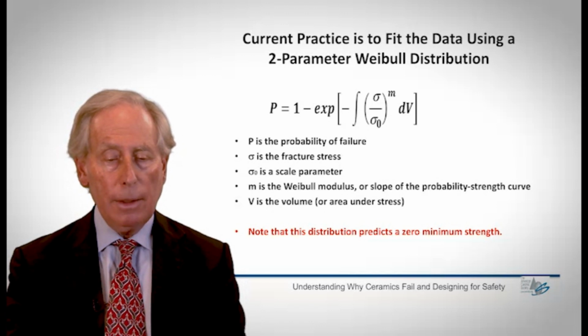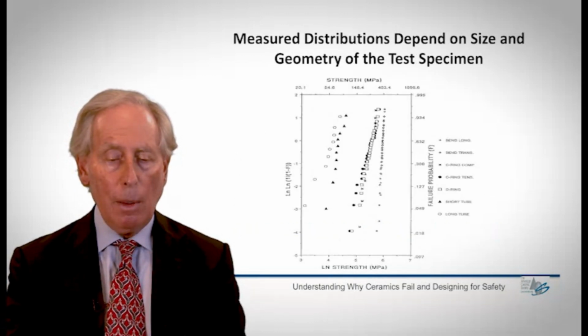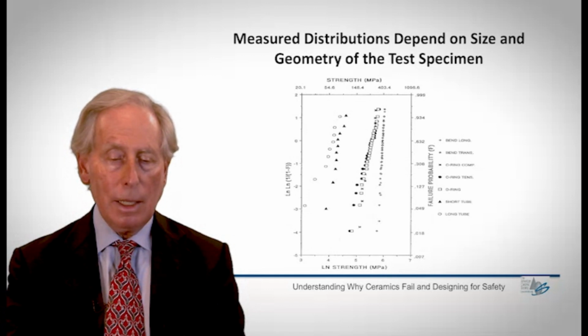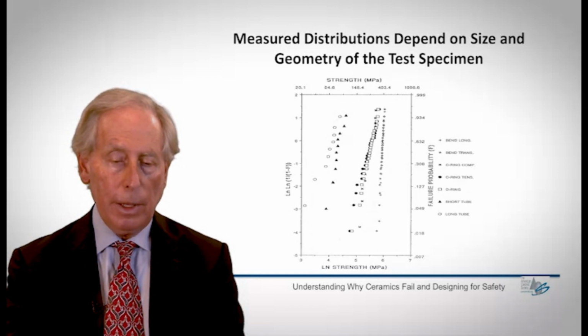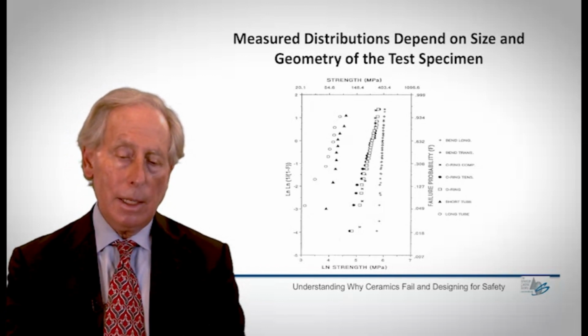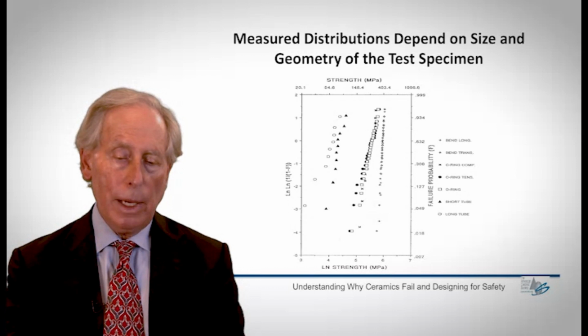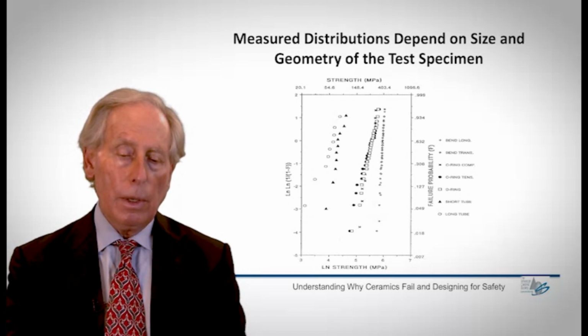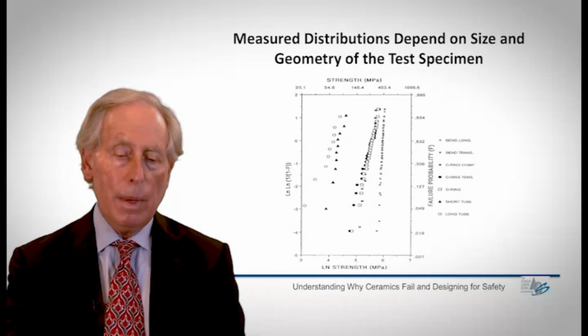You can also see that the kind of test geometry, I showed you different ways of doing testing, will make a difference. You can see here different kinds of test geometry used to predict strength and probability of failure for a whole bunch of materials. That will also be important. So be aware that you test in one way, you will get one distribution of strengths. So you want to test with a test procedure that closely mimics the kind of shape of component that you're going to be looking at.